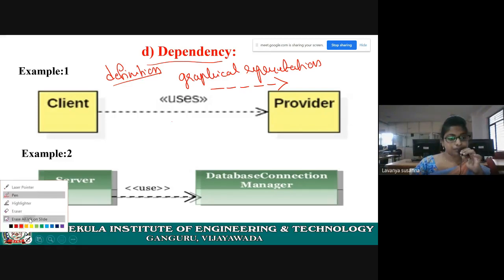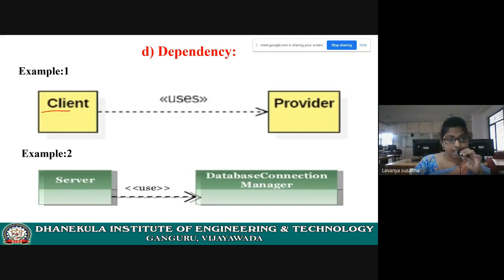Now see here. Here I took class client, and provider is another class. Don't draw like this. Draw a rectangle and then draw one compartment. Now see here, you are using dependency, dotted lines, and then arrowhead. What is happening here is, client class is depending on provider class. Okay, you need to explain this after drawing this diagram.